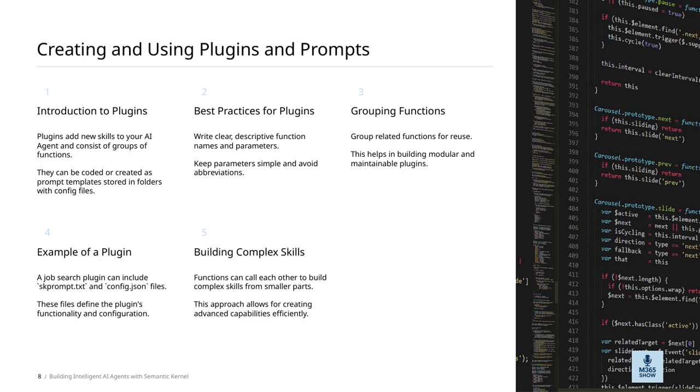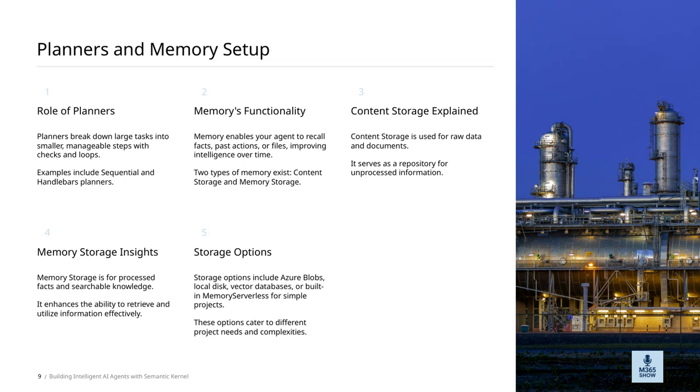easy to deploy. Let's talk about the different storage options available when building intelligent AI agents with Semantic Kernel. You can choose storage solutions like Azure Blobs, local disks, vector databases, or even use the built-in memory serverless for simpler projects. These options are designed to meet various project needs and complexities, giving you flexibility depending on what you're